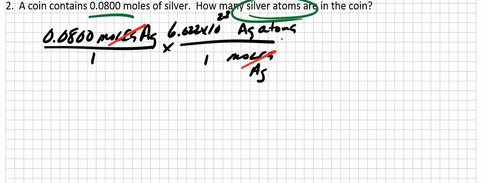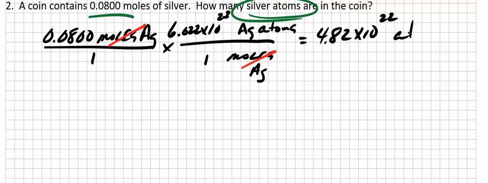Moles and moles of silver are going to go away. That's not by accident, that's by design. And I'm ready for the calculation. I'm going to multiply 0.800, remember 3 significant digits here, by the 6.022 times 10 to the 23rd, 4 significant digits. I'll take 3 significant digits, and this is the answer that I get. I get 4.82 times 10 to the 22nd